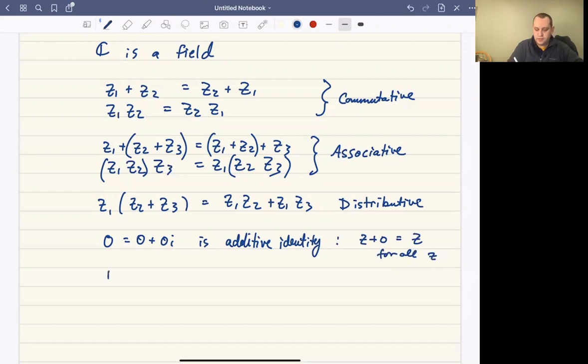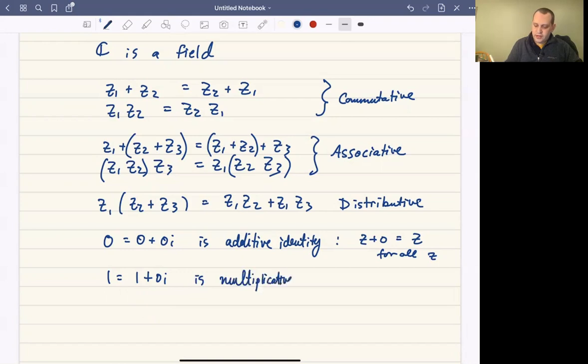And likewise, the real number 1, which we're thinking of as 1 plus 0i. Because we're thinking of this in terms of complex numbers, it has a real and an imaginary part, even if the imaginary part is 0. Anyways, the number 1 is the multiplicative identity,